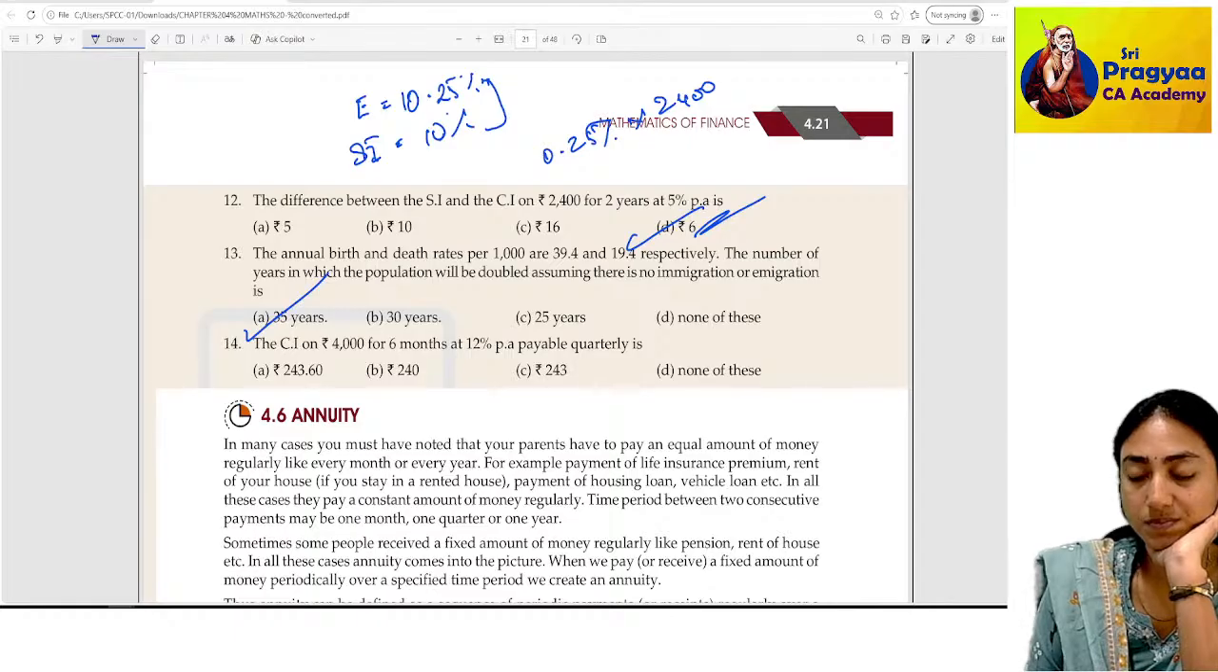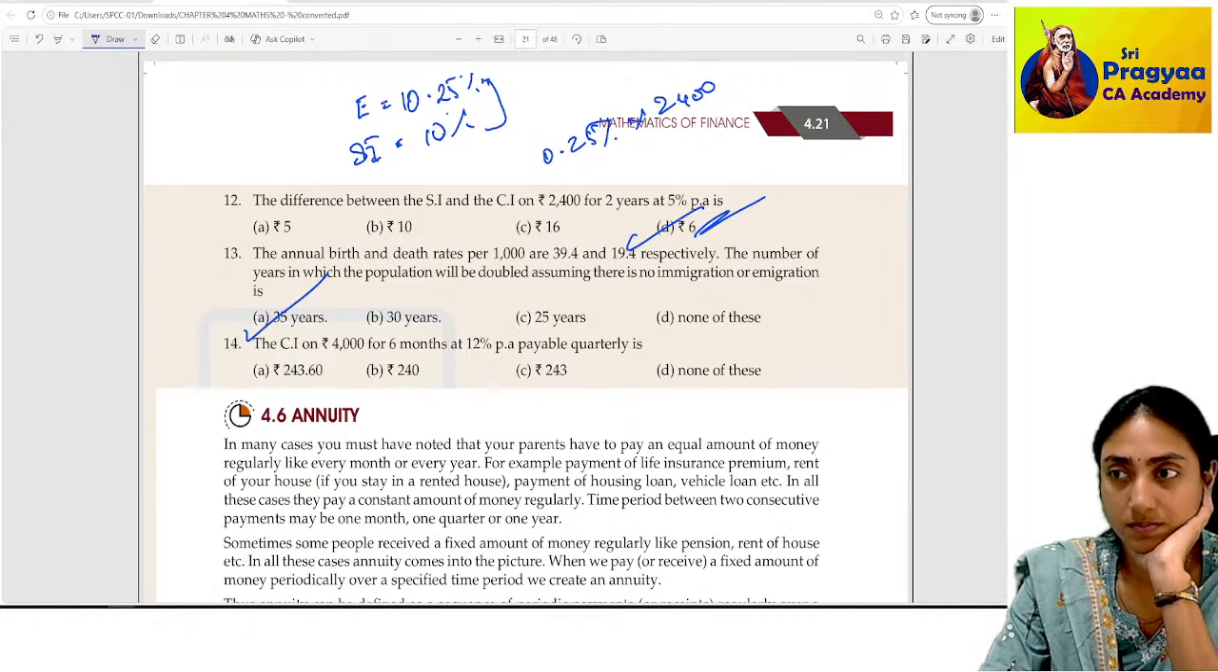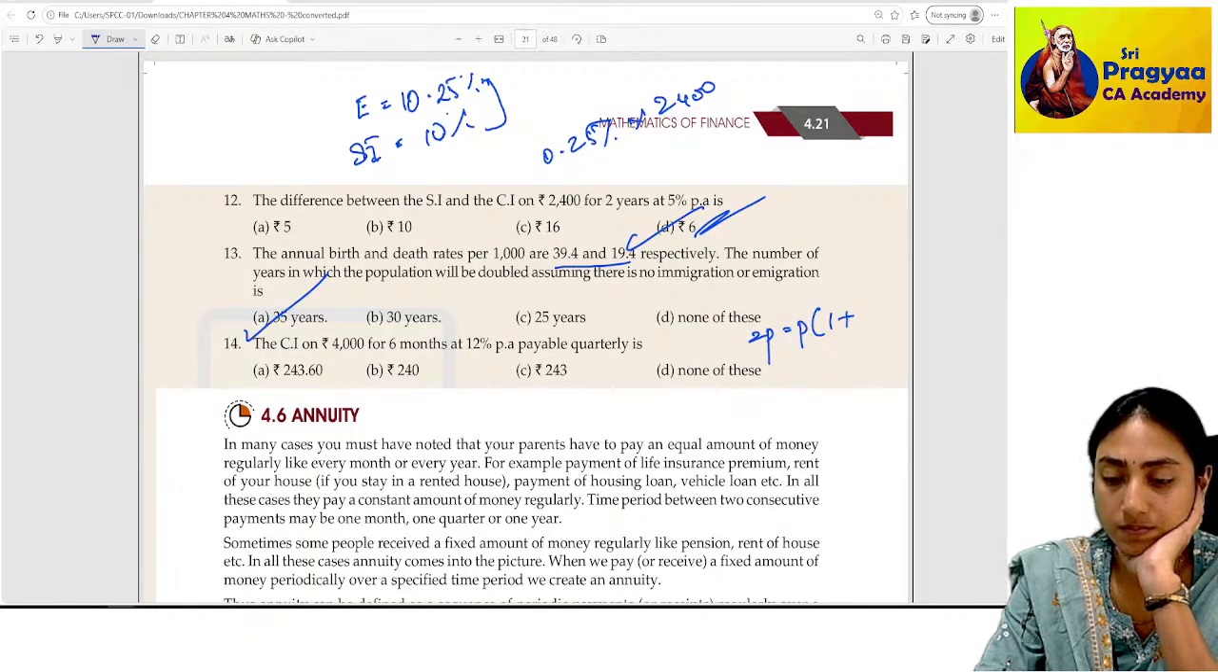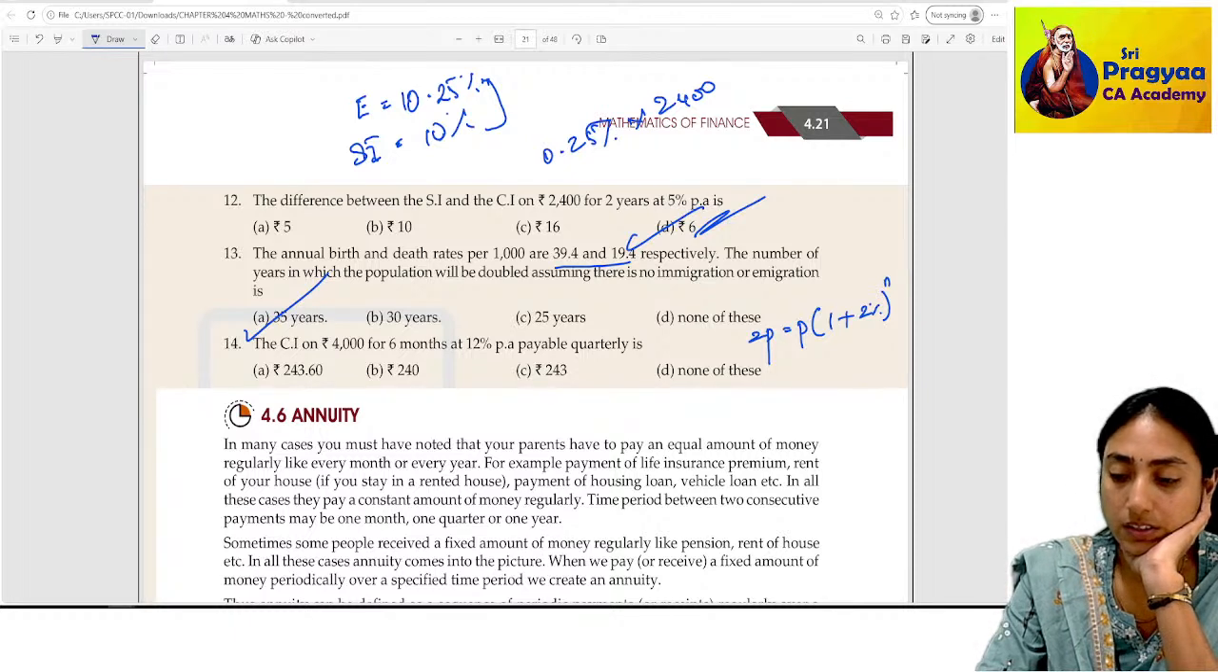13th. என்ன கொடுத்துருக்காங்க உனக்கு? ஸோ 2p is equal to p into 1 plus I வந்து 2% பவர் n டபுள் ஆகுது. ஓகேவா? ஸோ அப்போ